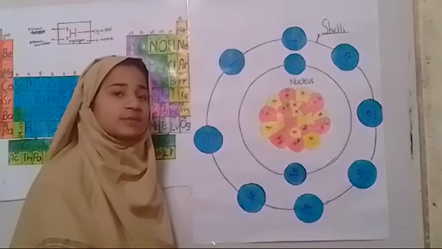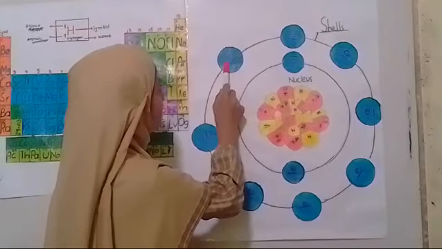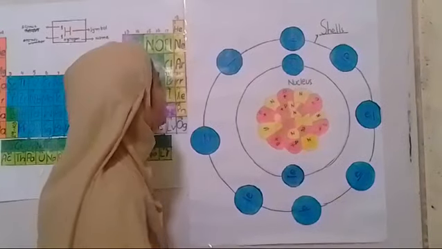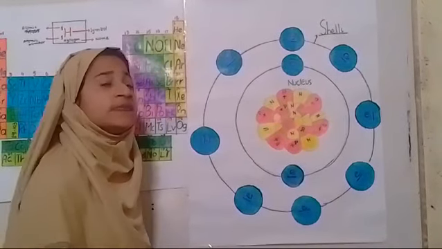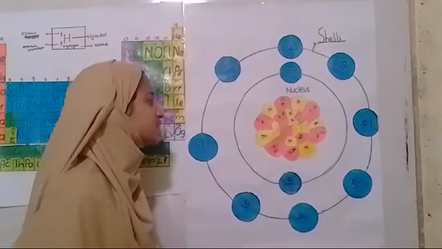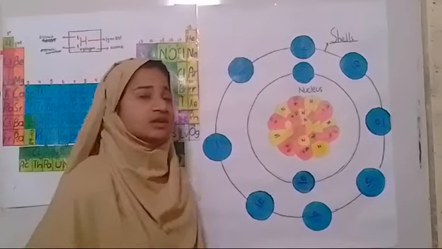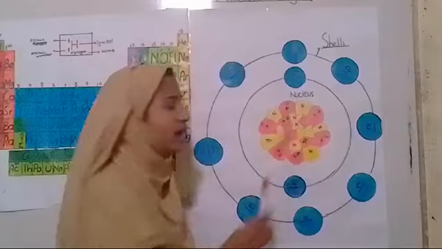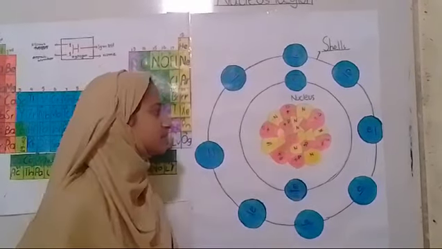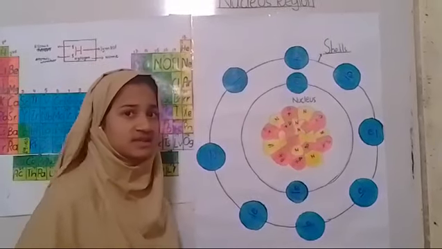Although subatomic particles have opposite charges, like the electron has a negative charge and the proton has a positive charge, the atom is neutral. It is because in an atom, the negatively charged particles are always equal to the positively charged particles. Atomic number: the number of protons is called the atomic number. Mass number: the number of protons and neutrons is called the mass number. The mass number is denoted by A and the atomic number is denoted by Z.